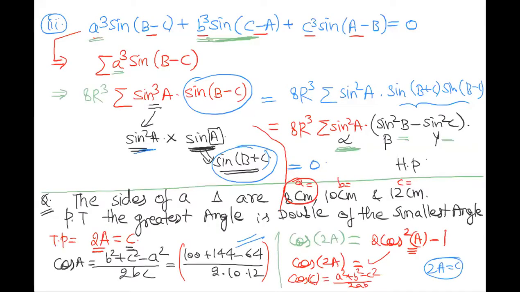Now the next question, question number 3: in any triangle ABC, prove that cos 2 is coming out to be half. So you can calculate cos C also. What will it be? Cos C is A square, it is 64, B square is 100, minus 144, divided by 2 into 8 into 10. Calculate this: 164 minus 144, 20, divided by